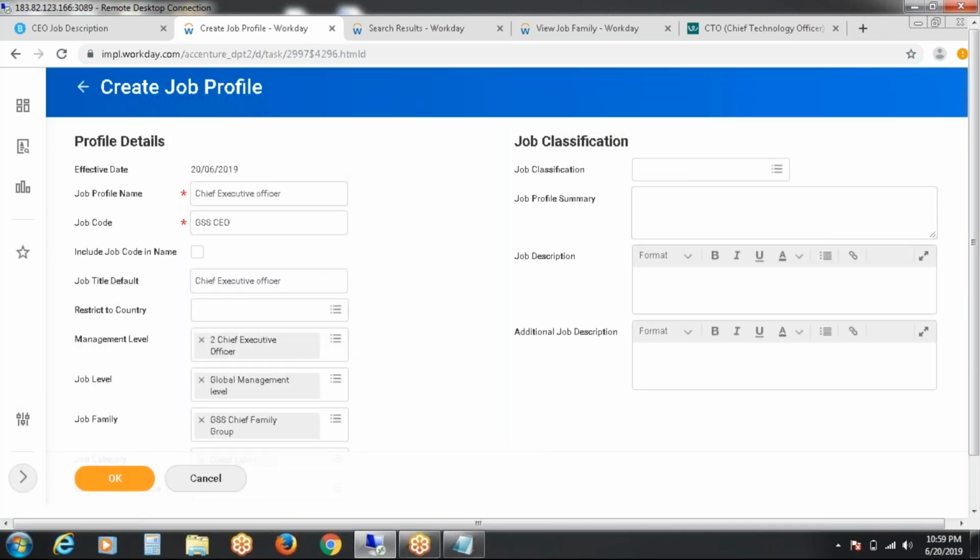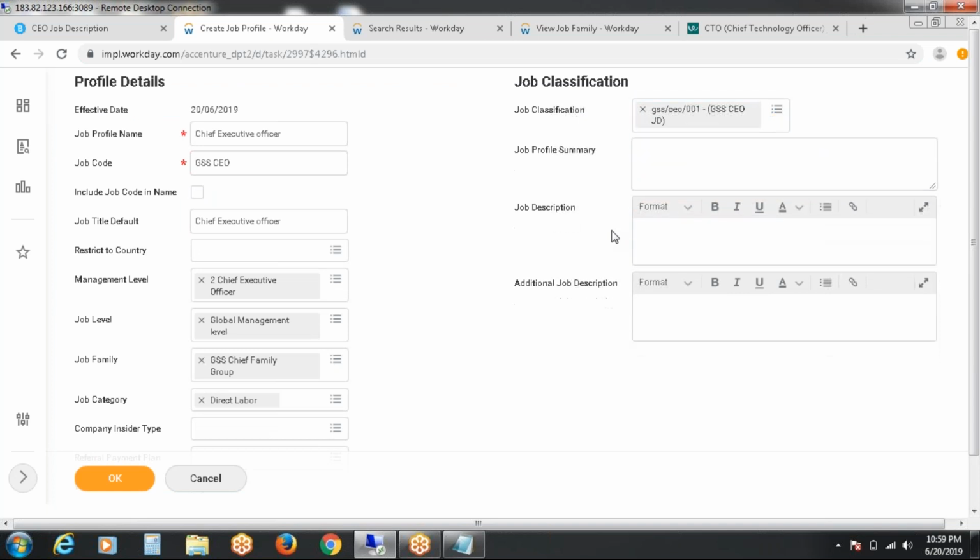And come to the job classification. Here in the job profile summary, please copy the data.